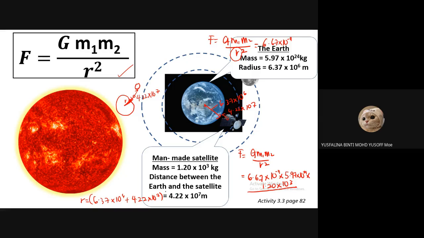Because before this, all the calculations that we calculated, the question before this, all the objects were on the surface of the Earth. But this one is a satellite, so it is in space, so there must be more distance, right? So it's further, right? There's still a distance between the Earth's surface and the satellite, so you need to add that one. So you got